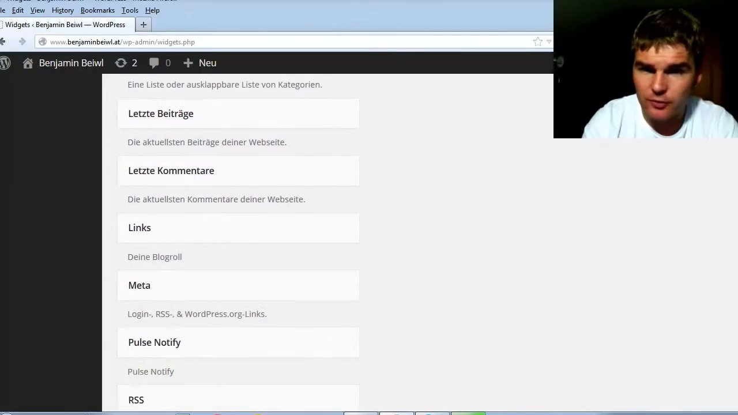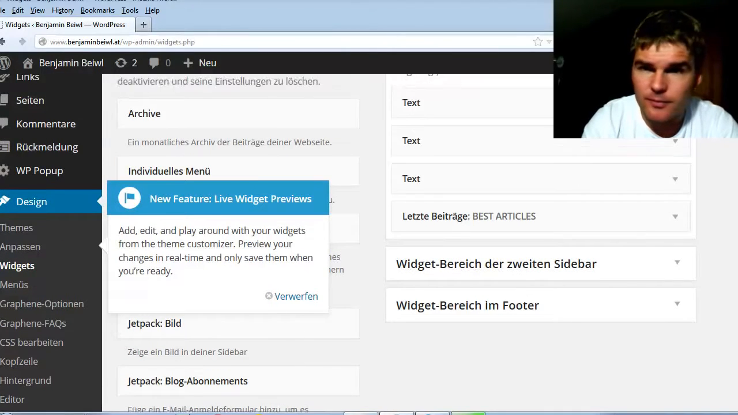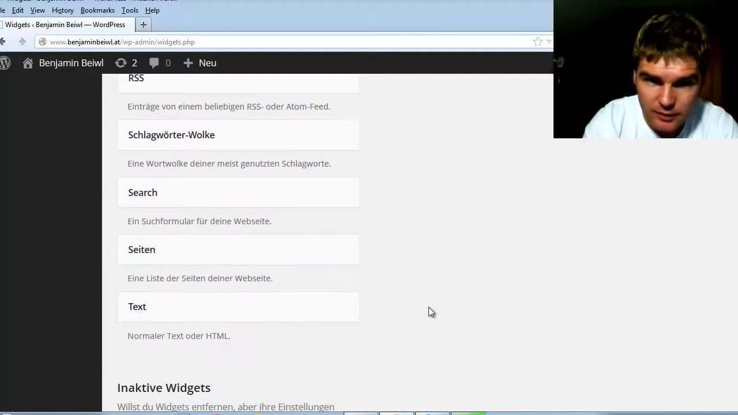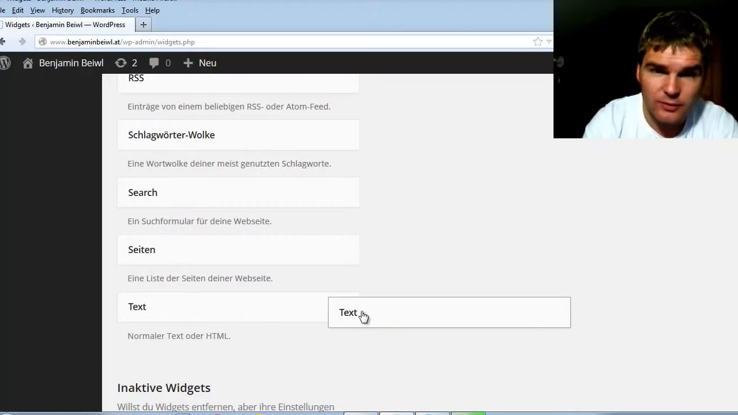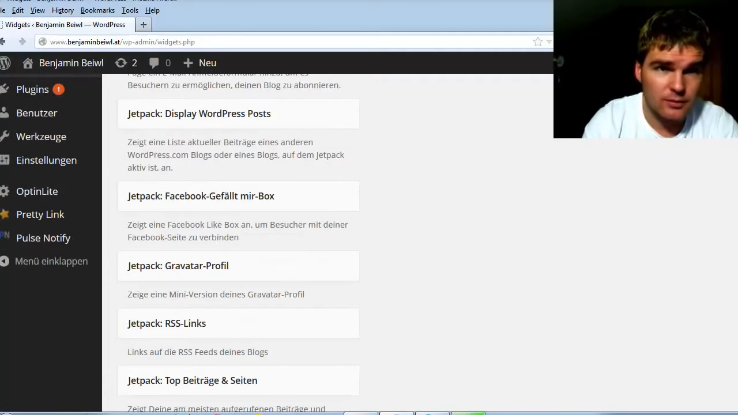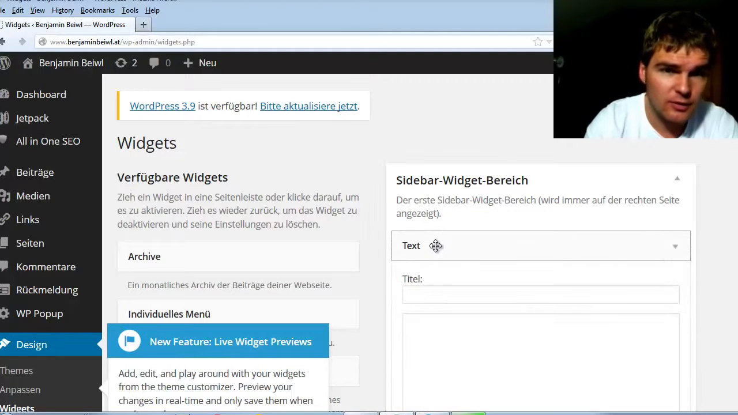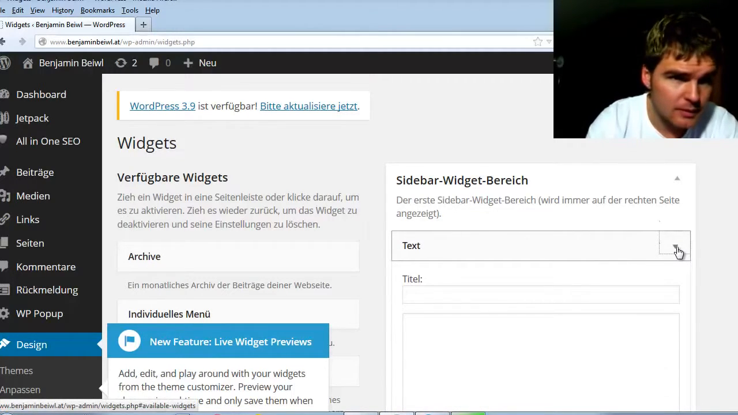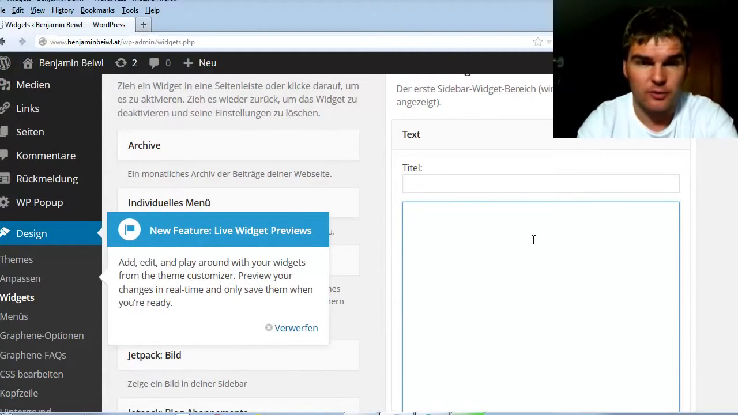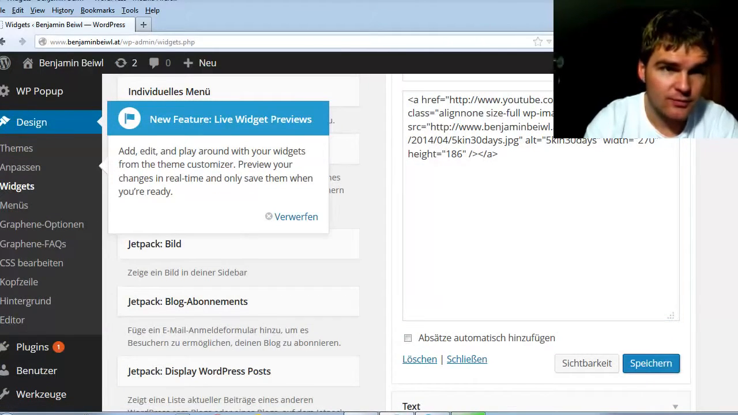And all you have to do is grab, where is it? One moment. Okay, here, grab this text here, drop it, and go back here. You can insert this here. Click this little arrow, and here you can insert your HTML code. Paste, save,